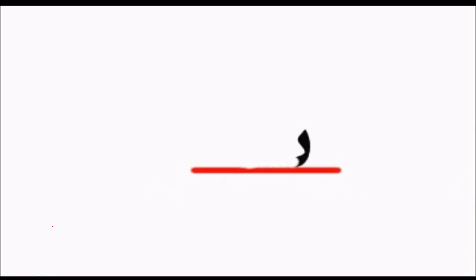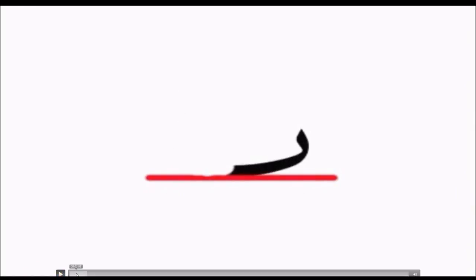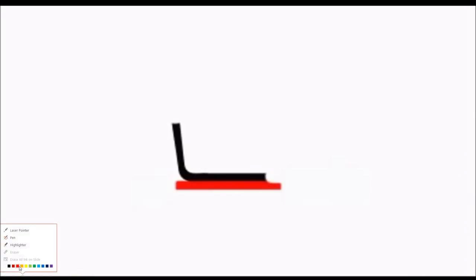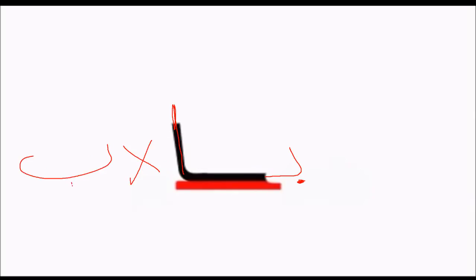the letters over here, or let me pause the video on each letter, so this is going to be better for you. We're going to start with the first one, which is alif, and as you can see, it's very simple. All you have to do is slide. And alif at the end of the word is like that. And remember that this is not a connector, because we can connect letters from here. So let me use the pen. We can, for example, connect B here, it's going to be like that. But we cannot connect any letters after it. So basically B here is going to be like that. It's not going to be connected because we do not connect letters after alif. And then